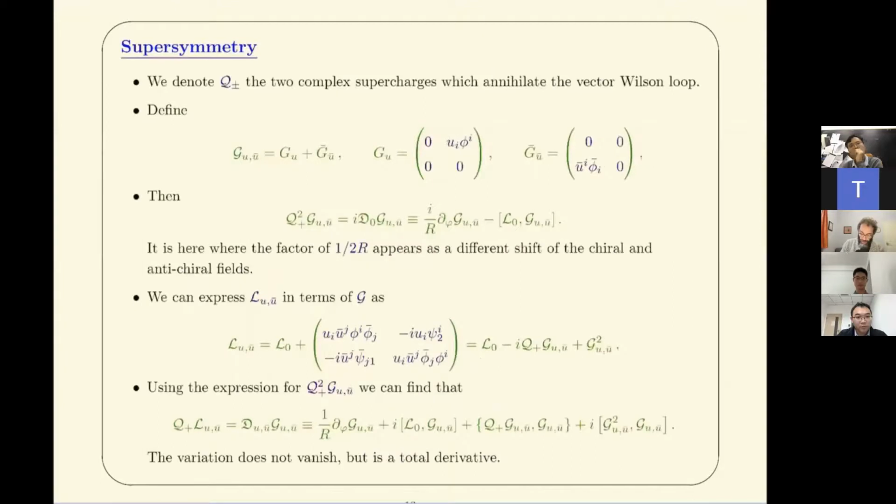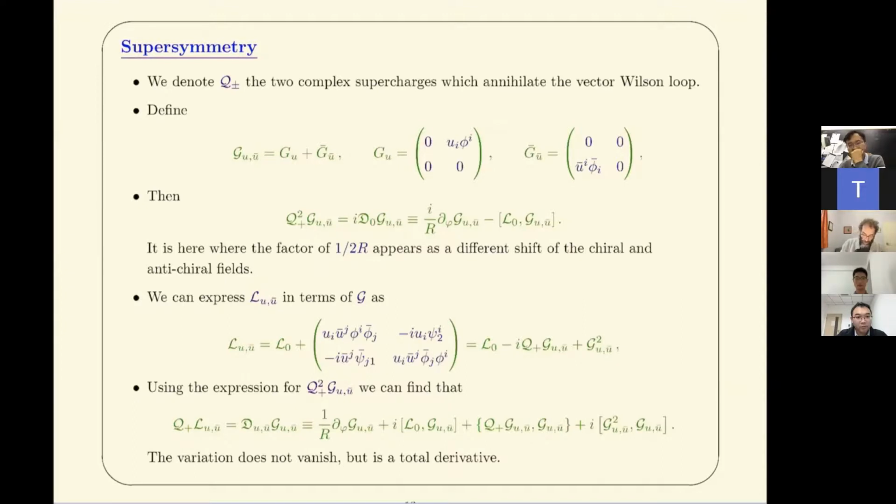So we have here L naught, which sits in this block and commutes with these G's. This factor of 1/2r in L naught is important here because it just appears in the supersymmetry variation of phi, but with an opposite sign for phi and for phi bar. So that's why I needed this shift of 1/2 here, which acts with a plus on this and with a minus on that one. And that's why this combination into a larger block makes sense.